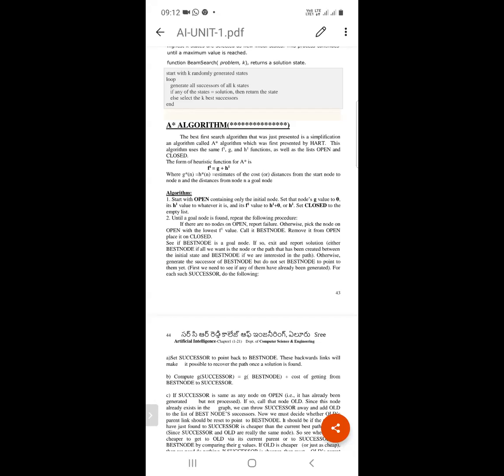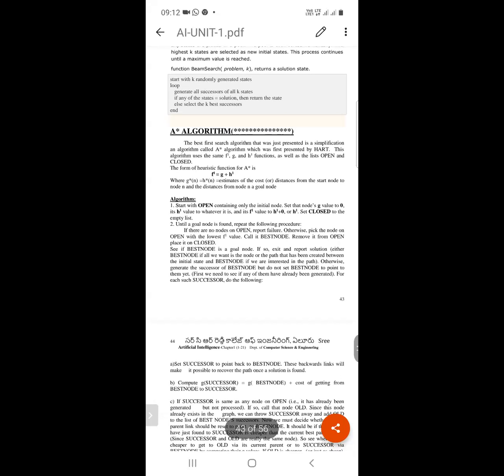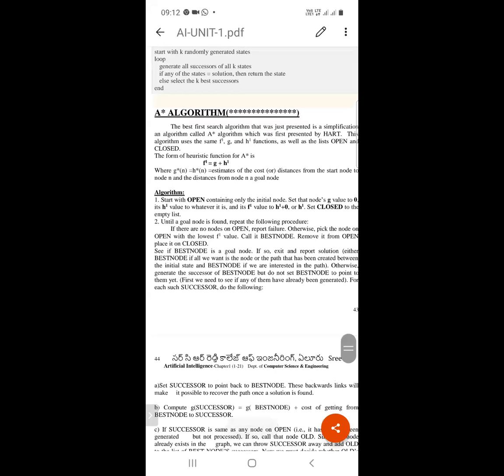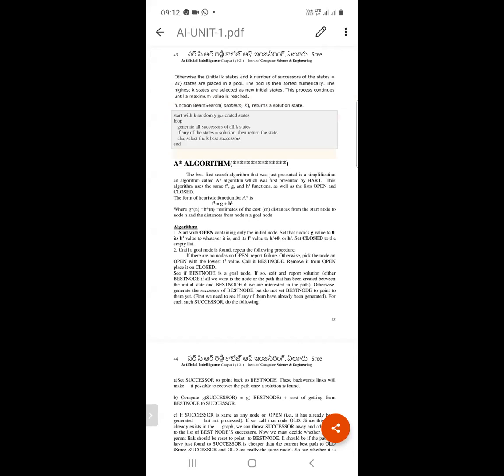Here is the algorithm. Step 1: start with open containing only the initial node.